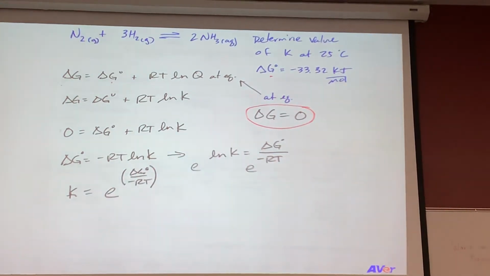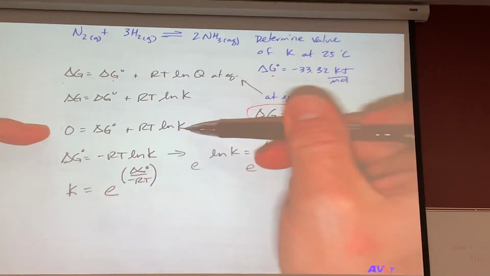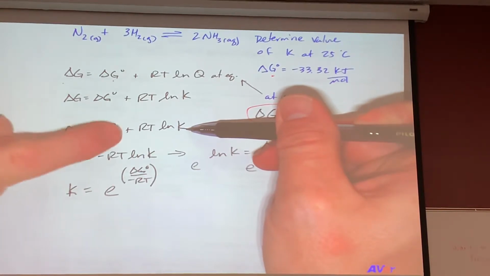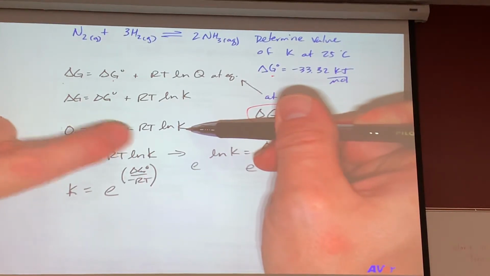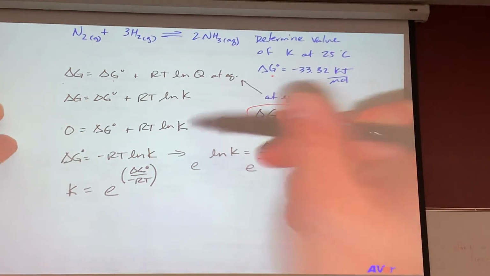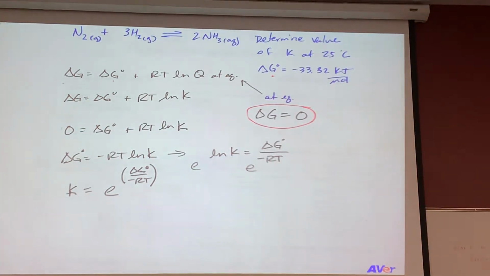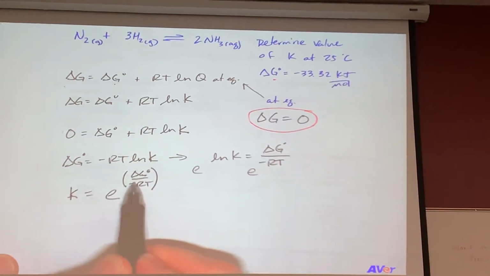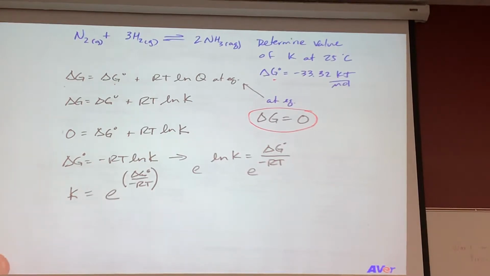Because when you do this one right here, in order to get the delta G by itself, I have to subtract RT from this side. If I subtract it from the right side, I'm going to subtract from the left. So I did the subtraction and just swapped sides. But that's why this negative sign shows up. Okay, and then if you plug in the numbers,